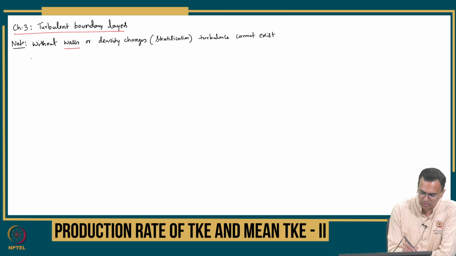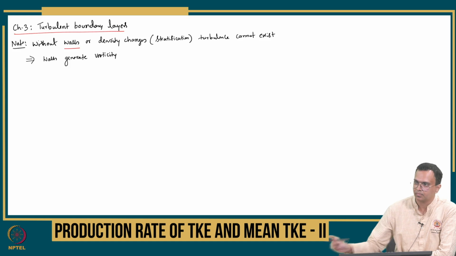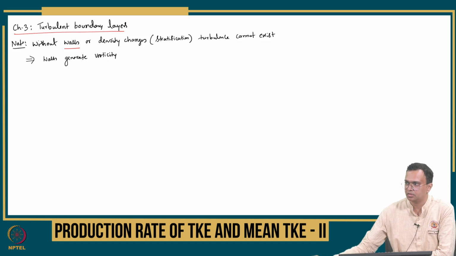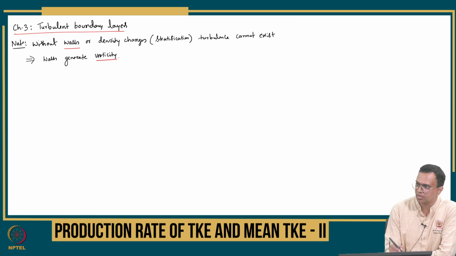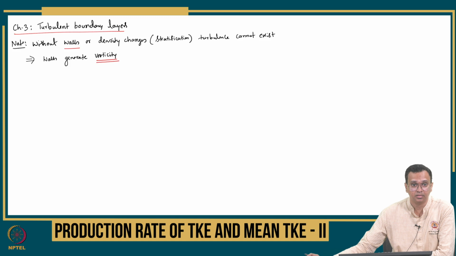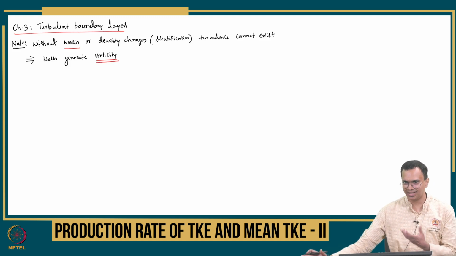So what walls do is, walls generate vorticity. The presence of walls, where fluid interacts with the wall, leads to generation of vorticity. Okay, so this is important, vorticity, right? I defined turbulence. So if anybody gives you a flow, just the data is given to you,